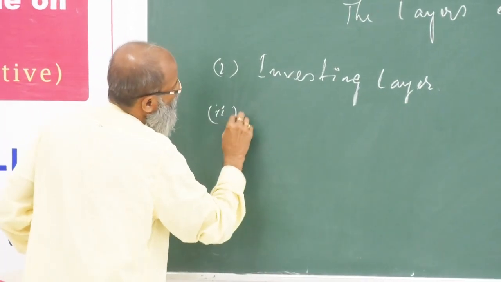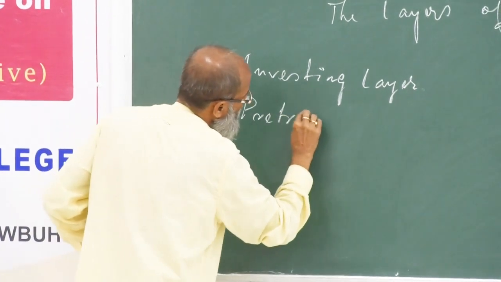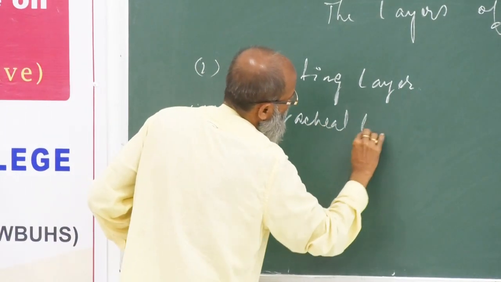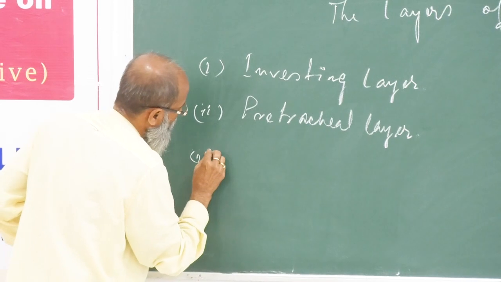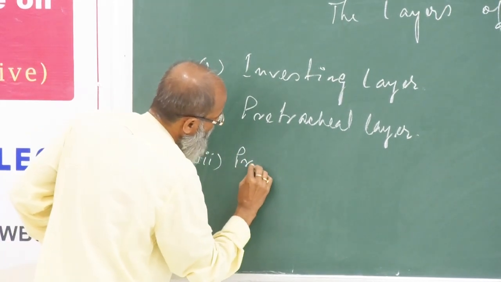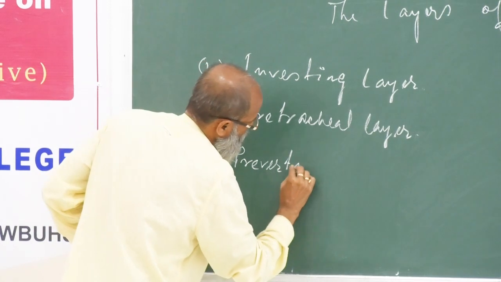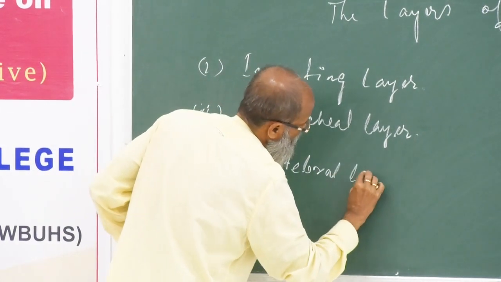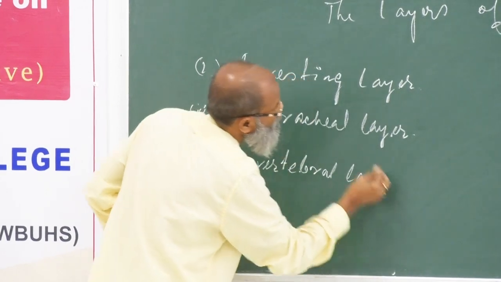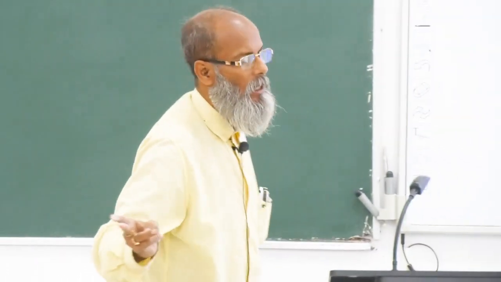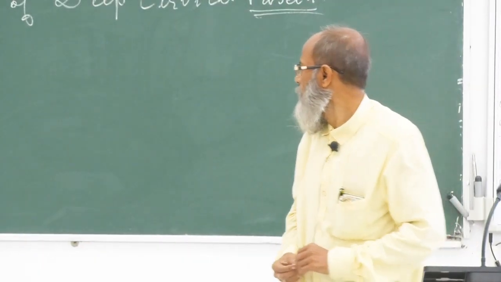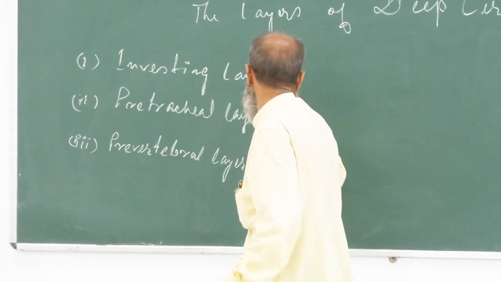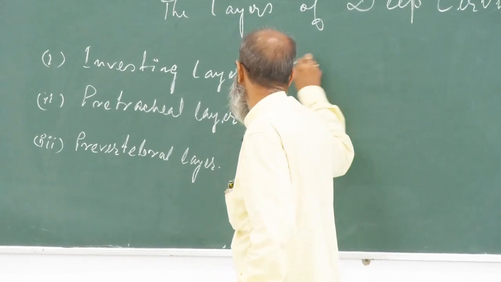Number 2, pre-tracheal layer, and number 3, pre-vertebral layer. We divide deep cervical fascia into 3 layers. Now for the investing layer,